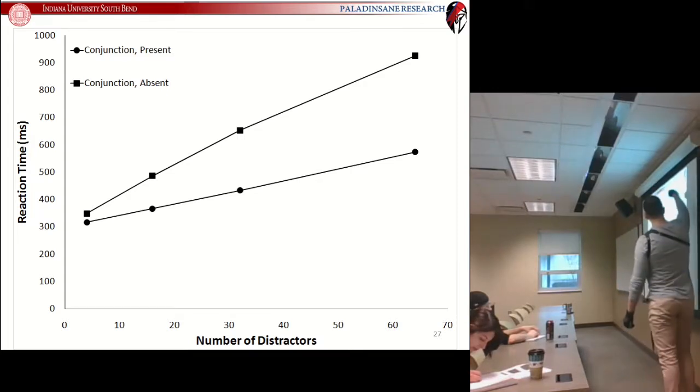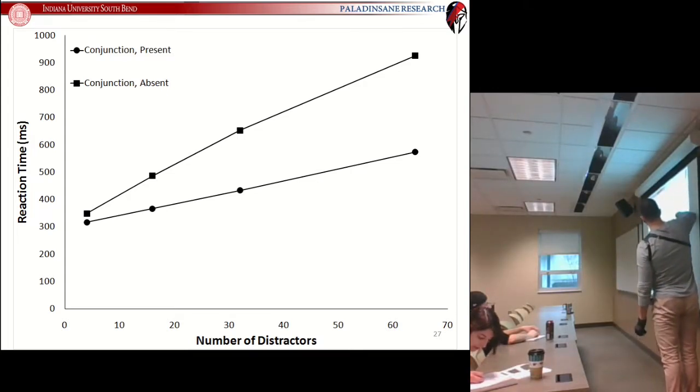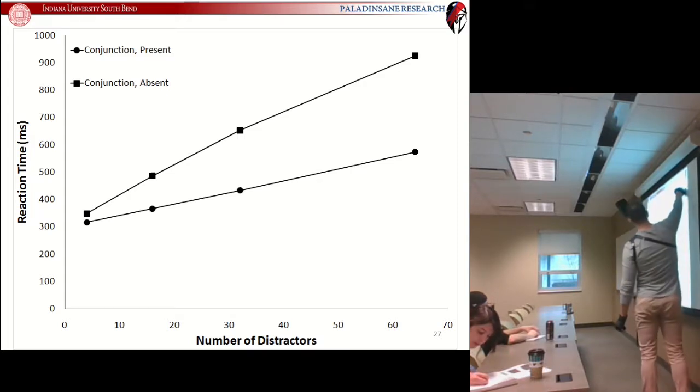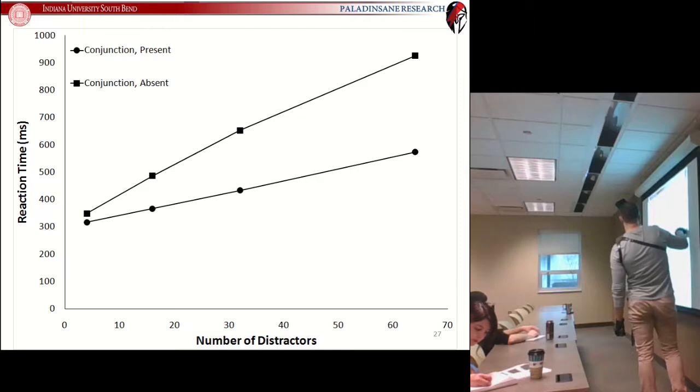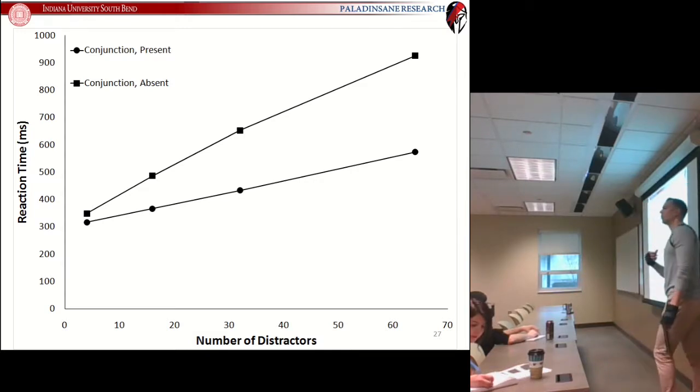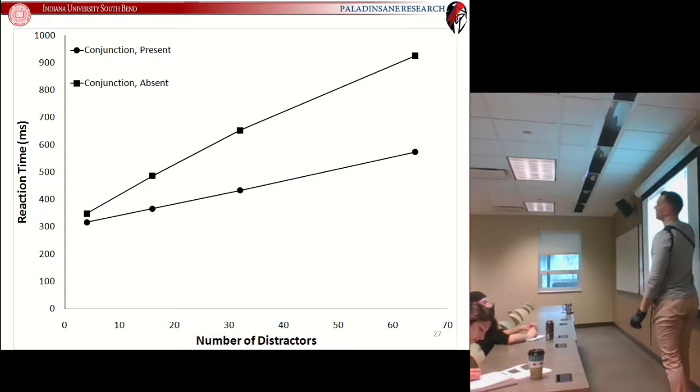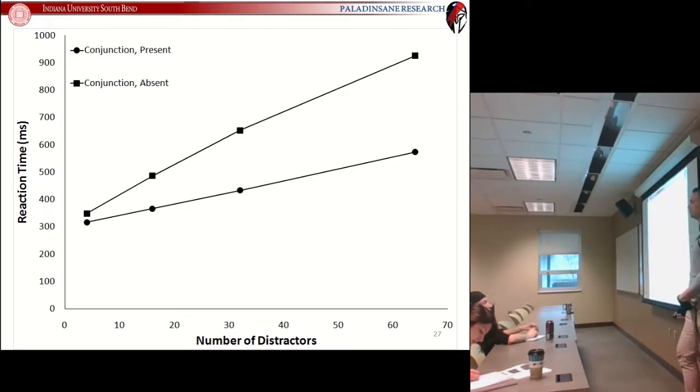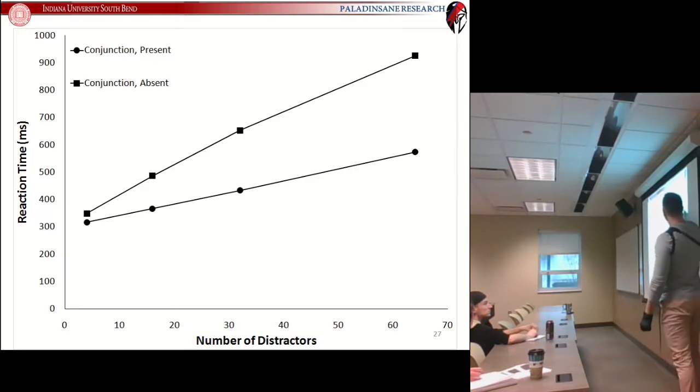And does anybody know what this difference here would indicate? What does this difference in reaction time mean? We got about 950 here, looks like about 500 here. So what is 450 milliseconds indicating here? That it was a conjunctive search? Well, it's part of being a conjunctive search. Like there were more distractors? There were more distractors. So what is this difference measuring in terms of the time that it takes